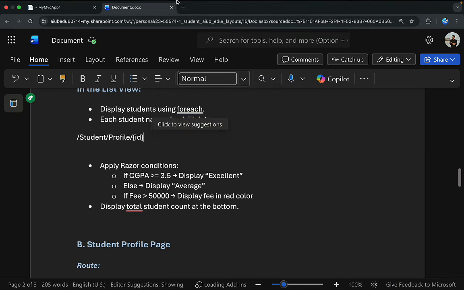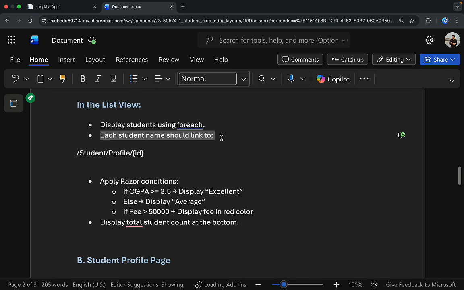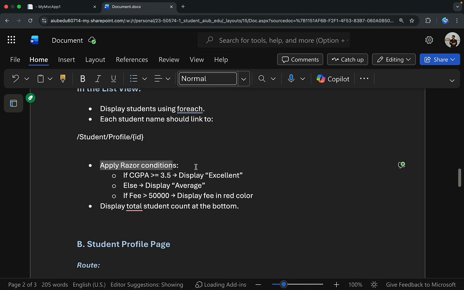So what we'll do inside our profile page, it says display student. Okay, each student name should link to a student profile, and we have to apply some major conditions, like if CGPA is greater than or equal to 3.5, display excellent, else display average. If fee is greater than 500, display fee in red color. And